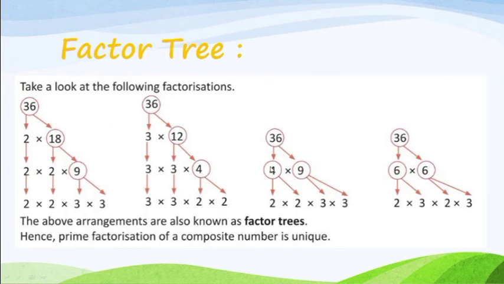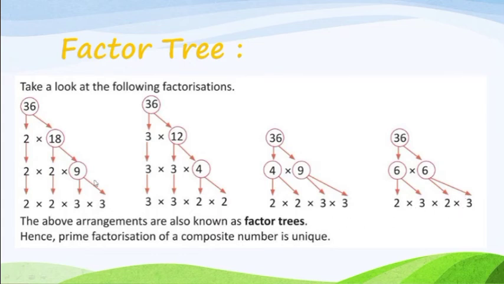Now another way we have written is 4 into 9. So 4 is a composite number, 9 is a composite number. Circle both of them. Again decompose with a smaller table. 4 can be written as 2 into 2, and 9 will be 3 into 3. Again check: 2 times 2, 3 times 3. So this is another way of writing the prime factors of 36. The last way is 6 into 6. Again both are composite numbers, so we can write 6 as 2 threes are 6. Again 2 times 2, 3 times 3.